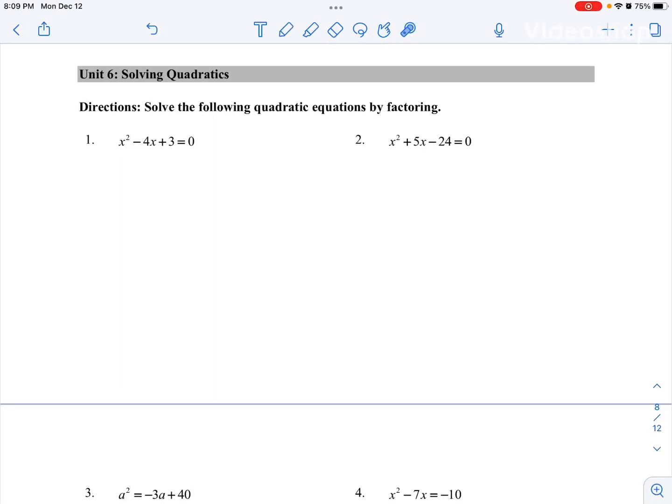All right, you guys, very last video. This is unit 6. This is our most recent unit. This should be the most familiar to you. I'm going to kind of abbreviate the notes that I'm going to do in this video because what I want